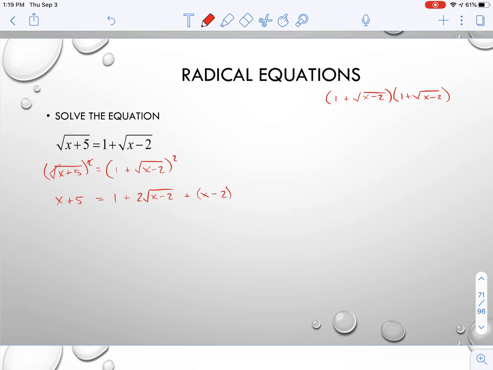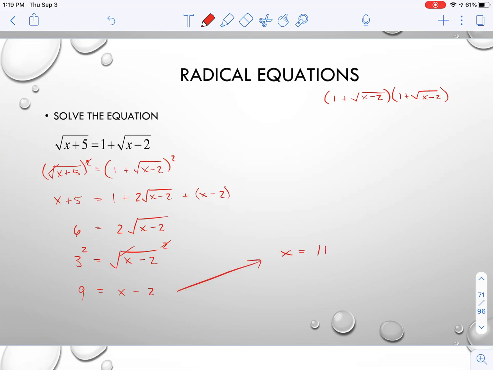On the right, if I were to combine like terms, 1 minus 2 is going to be -1. So if I add 1 to both sides, I'm going to have 6 equals 2 times the square root of x minus 2. Now again, it just happened to be that those x's canceled one another out. That doesn't always happen. Here I'm going to divide by 2. I have 3 equals the square root of x minus 2. I square both sides. Again, the square and square root cancel one another out. I have 9 equals x minus 2, or